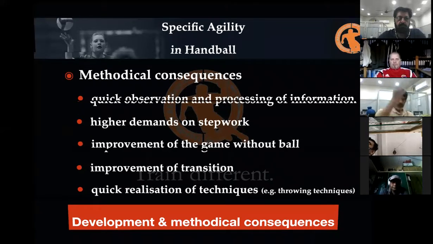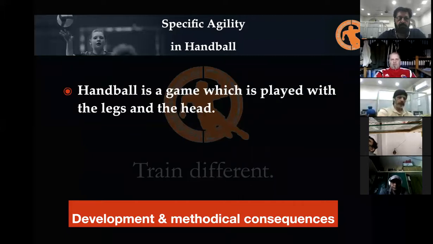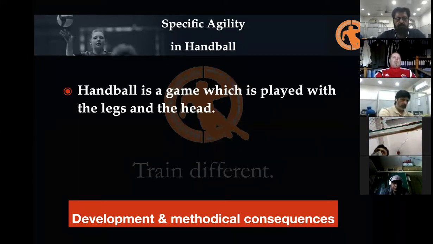So that's why altogether we can come back to our first instruction in handball, which you remember from our first presentation, hopefully, which is written down here. Handball is a game that is played with hands, with legs and the head. So we have on one side the quick movement of the player,